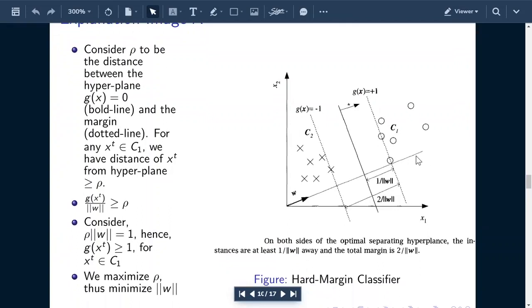So there is a picture here. Forget all the jargon that has been written everywhere. Just forget that, and focus on the picture. There are two classes, C1 marked by circles, and C2 marked by crosses. Now I provide you these two classes, C1 and C2, and I ask you to provide me a hyperplane, that is in this case a straight line, which is going to separate these two classes.